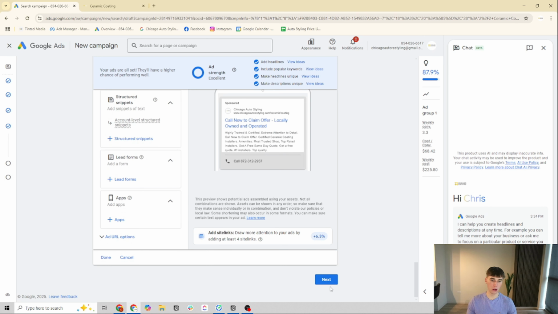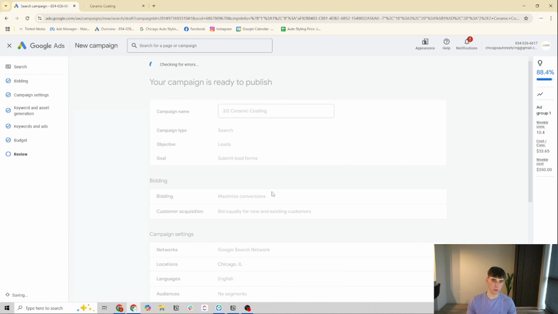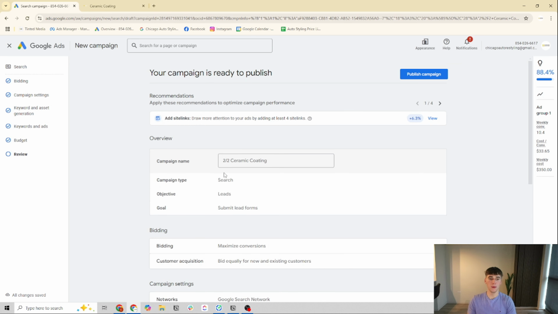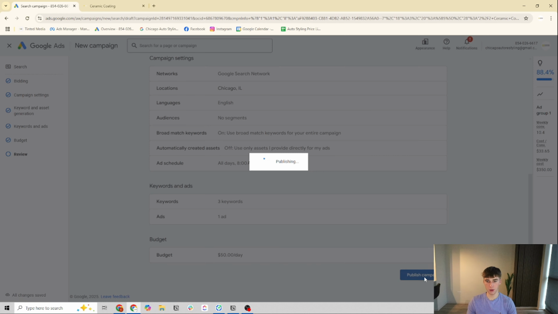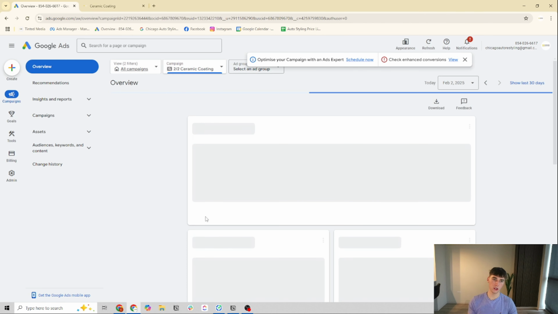Then we're going to go next and set our budget. So let's just, as an example, say $50 a day. And then we're going to be able to review all of our data. So it's going to show us campaign name, campaign type, objective, all of that good stuff. And then we can just click on publish campaign. Now, as soon as we do that, we actually want to go back and pause the campaign. So once this loads up, we are just going to